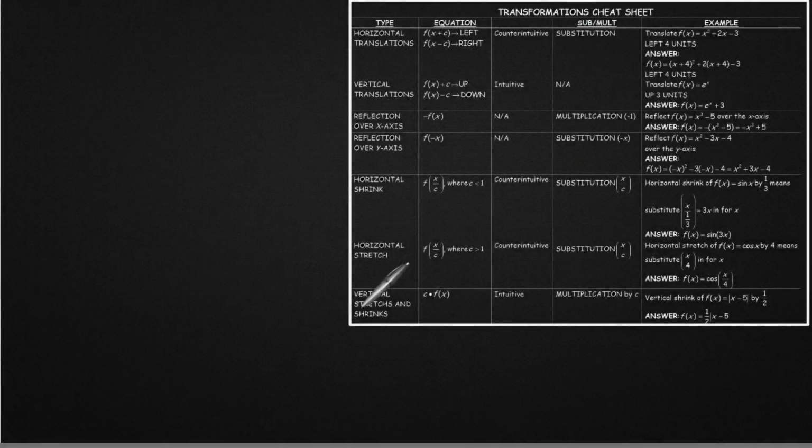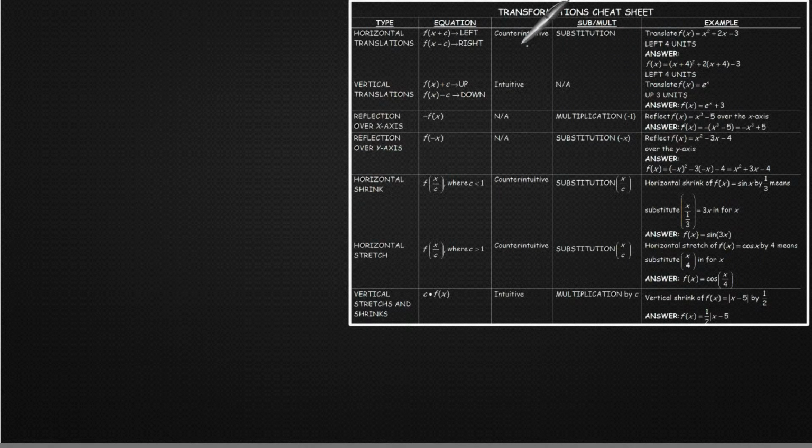Okay, today we're going to talk about something called transformations, and essentially transformations involve taking one of the 12 parent functions that we have learned in 1.3 and either shifting it right or left, shifting it up or down, reflecting it over the x-axis or over the y, or shrinking it horizontally, like compressing it, or stretching it horizontally, or stretching it vertically, or shrinking it vertically. Excuse me. So these are the transformations that we're going to do,